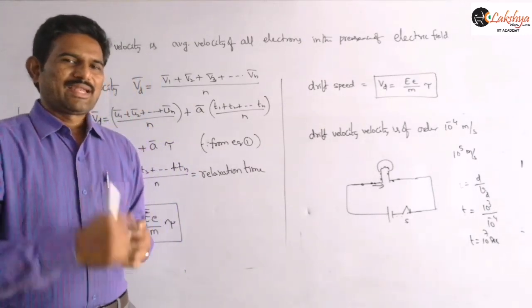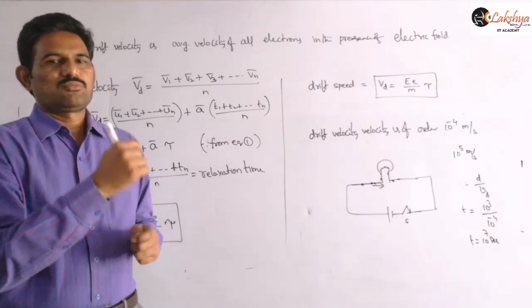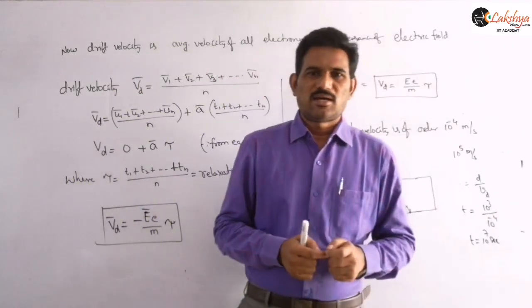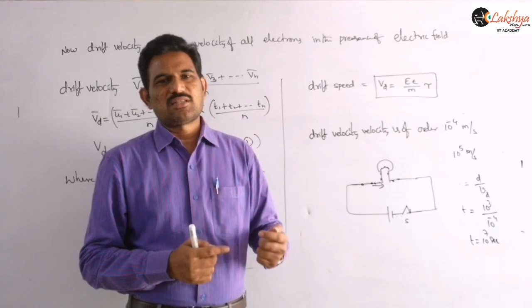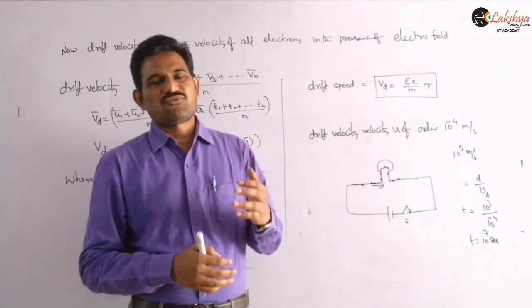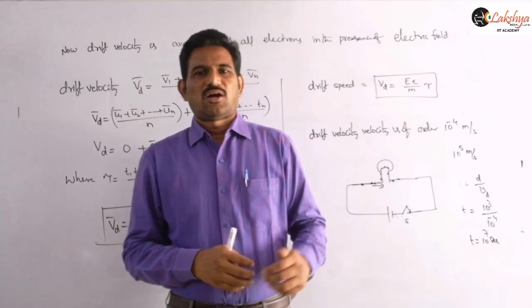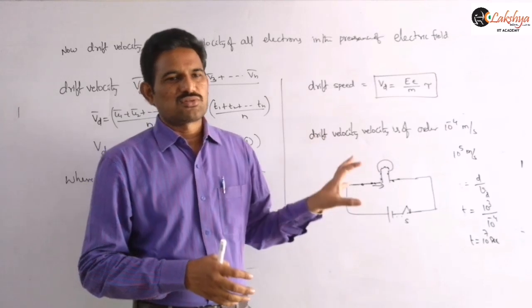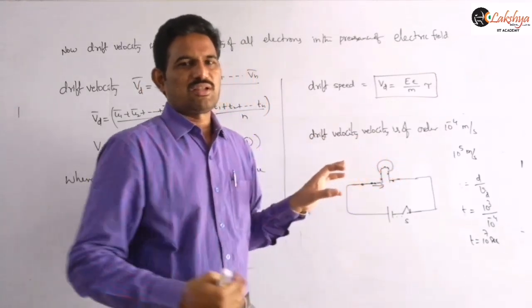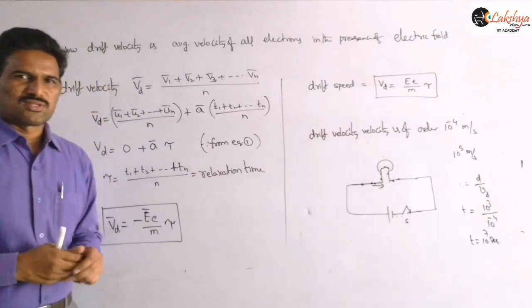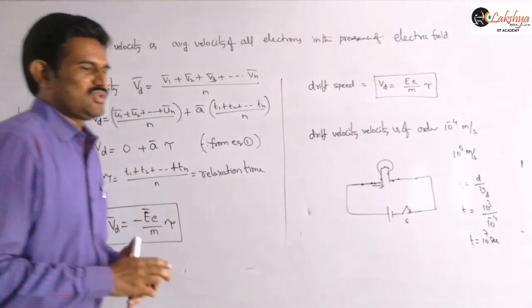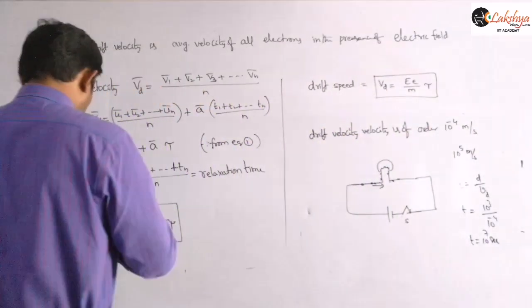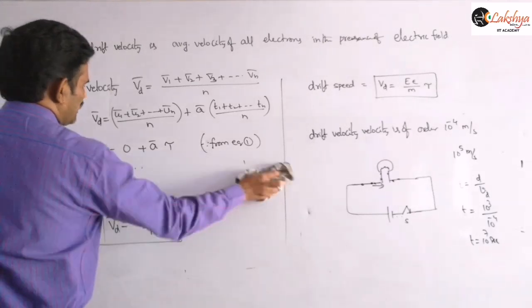That means the electrons are not traveling from the battery to the bulb to switch it on. Once you close the circuit, the electric field develops inside the circuit immediately, because the electric field travels with a very high velocity. That electric field accelerates the electrons everywhere in the circuit, and so the bulb glows. That is the reason. And next, let us see the relation between